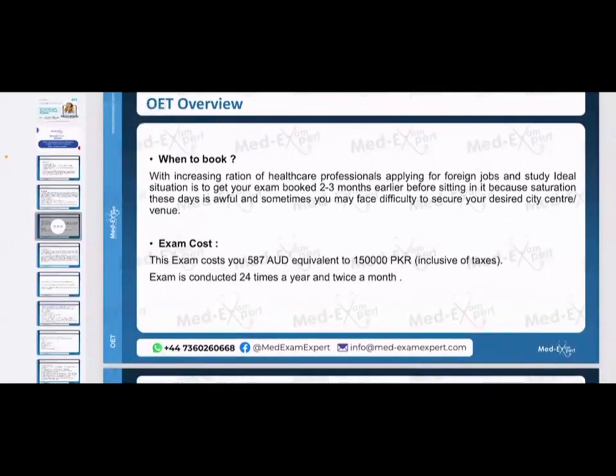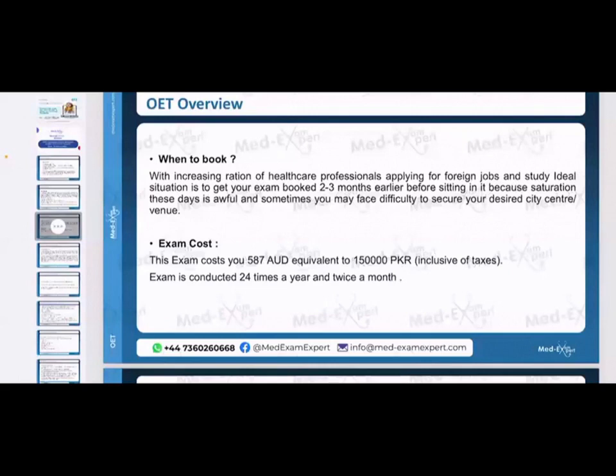Another question that arises is when to book. I would say this is the most intelligent question from a lot of students who ask me when to book this exam. With the increasing ratio of healthcare professionals applying for foreign jobs and study, the ideal situation is to get your seat booked 2 to 3 months before sitting in it, because the situation these days is awful, and sometimes you may face difficulty to secure your desired city,